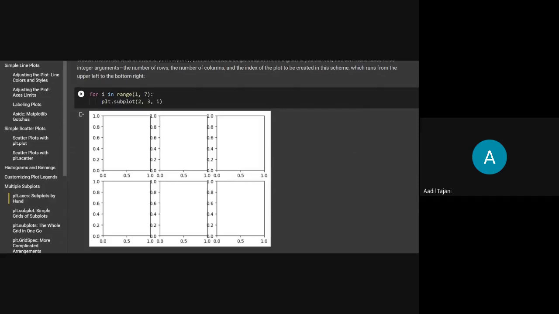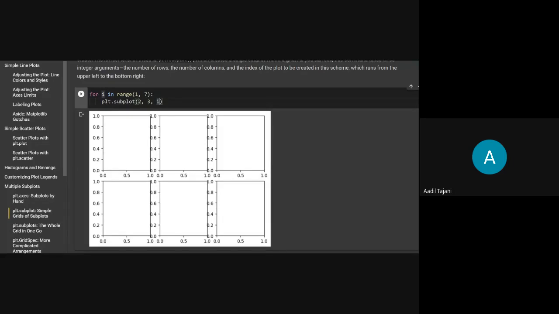The first two arguments depict what the grid should be in that figure: two means two rows, and three means three columns. As you can see here, it has created a 2 by 3 grid of plots, and the third parameter is used to select which plot in this grid you want to use.